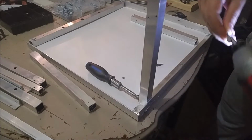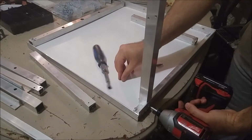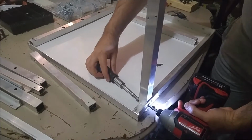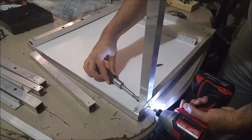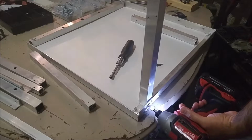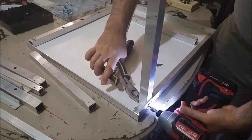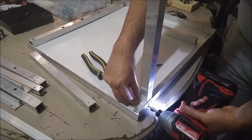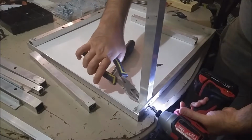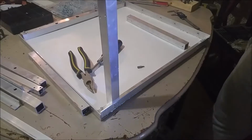Third one goes in. And the knot. Don't forget, use a plier. Okay, so that's the first side,